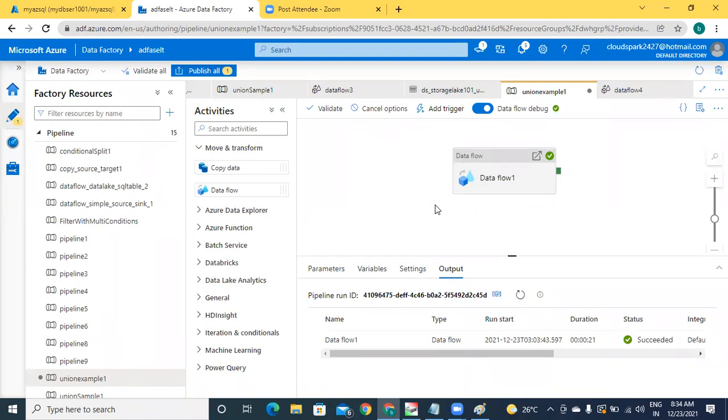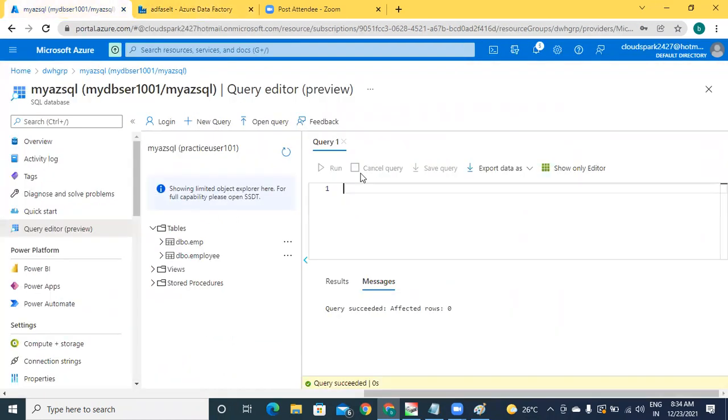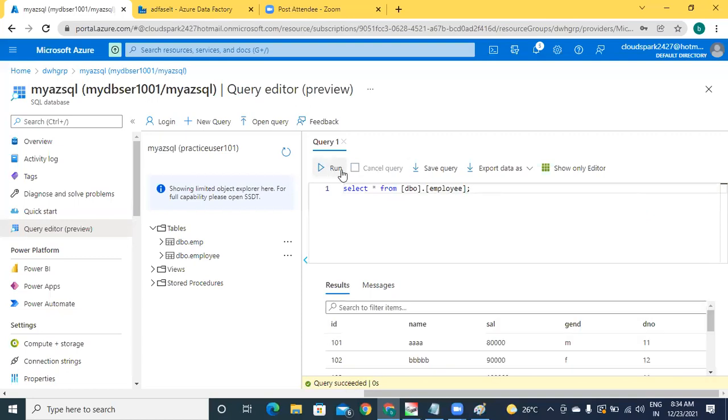Okay, please check the status. Load is successful. Okay. Now, come back to your Azure portal and check for your table data. Previously, it was empty with 0 rows. Now check how many rows you are expecting into this one. 5 plus 5. 10 rows you are expecting into this table. Select star from employee and run this query.